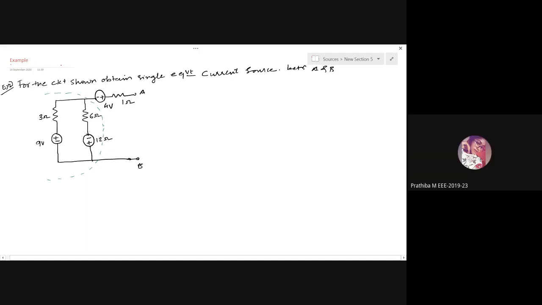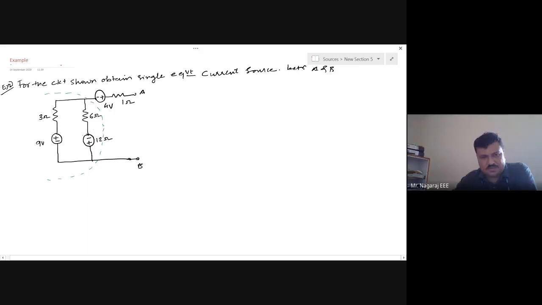We need to convert into current source. Yes. I have to convert 9 volt 3 ohm into current source, 12 volt 6 ohm into current source, take the effective value of that. Then whatever the next step necessary, I have to do. Right. I cannot directly take the equivalent value of 9 volt and 12 volt, 6 ohm and 3 ohm and directly jump into the solution. So first step is to